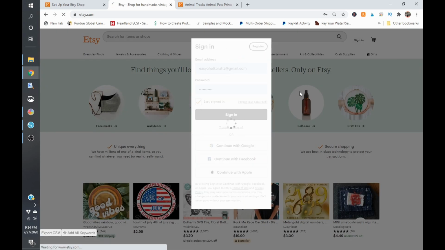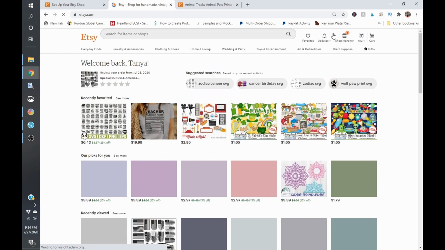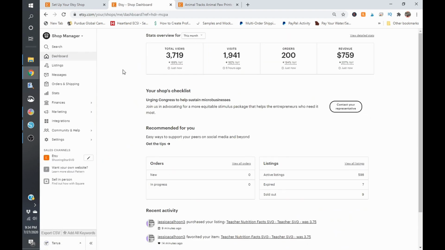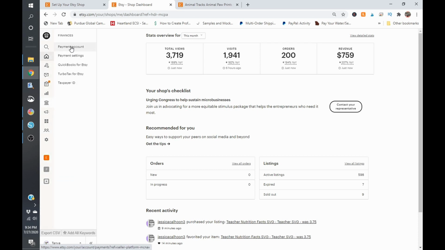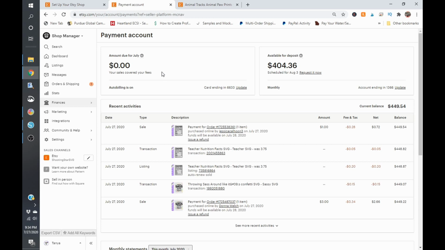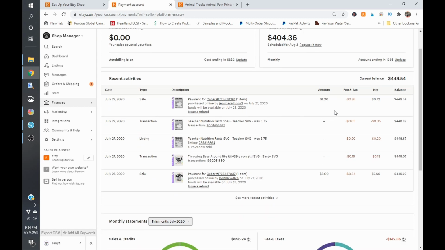And sign in. And if I go to my Shop Manager, you will see that in my finances, I have 0 due for July. And you can see here that they do charge a fee and tax, and they will show you what your net earnings are. Okay, so you'll see the sale, and you'll have your fee and tax,